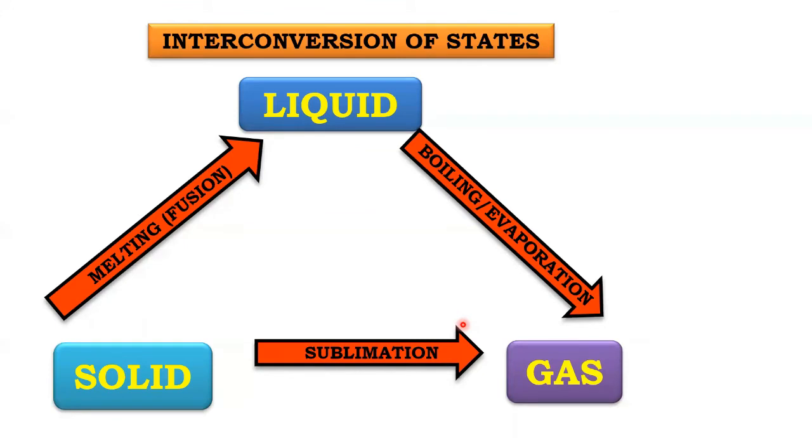Okay. Now, this was only the change of state of matter from one to another. How can we say that it is interconversion? So we'll have the process backward also. All of these things are reversible as well. Let's see about that also. So, आगे देखते हैं. So gas can be brought back to liquid also, and this is called condensation. क्या कहेंगे हम लोग इसको? We'll call it condensation.